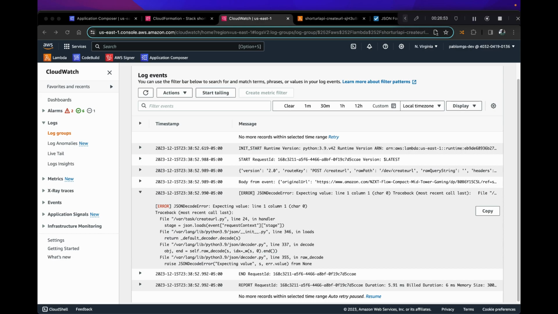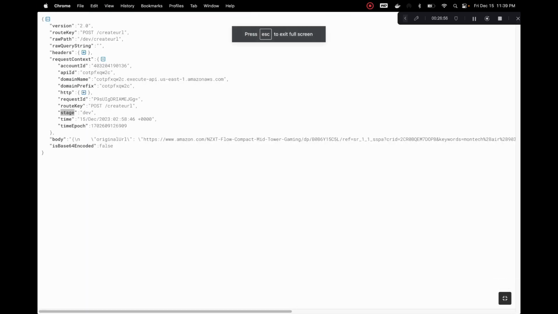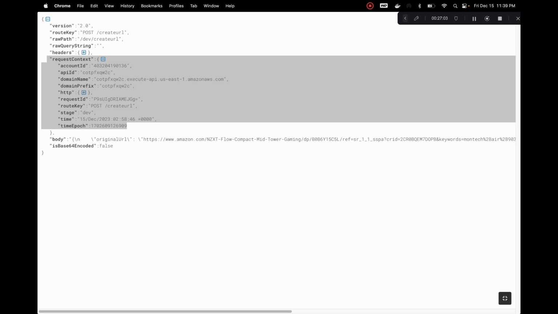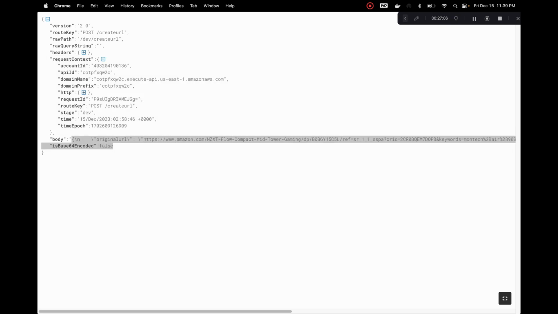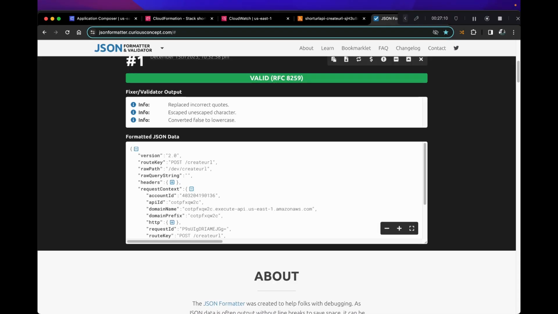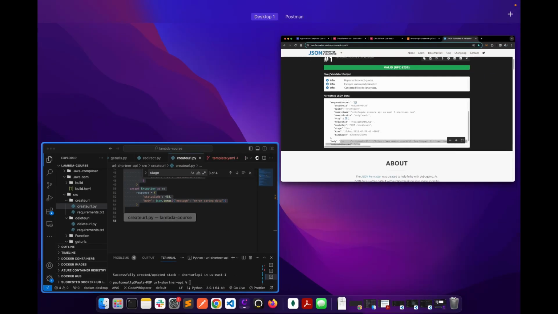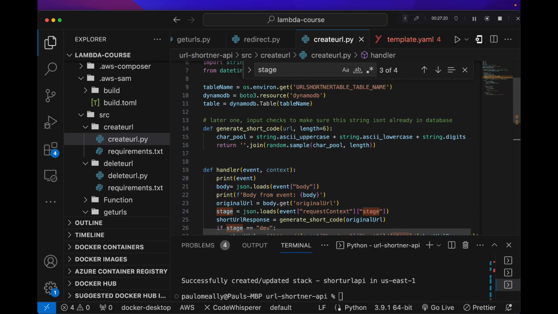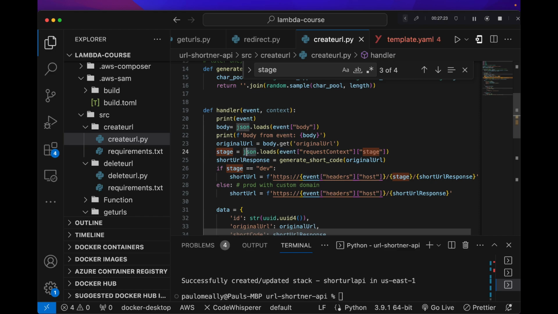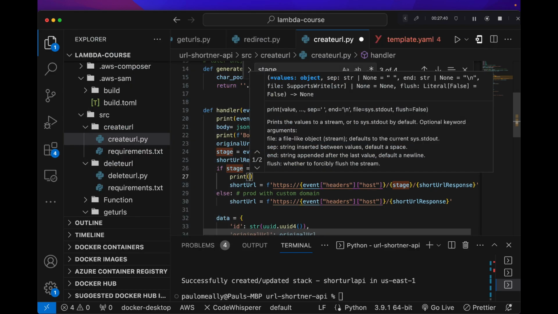So if we look back at our JSON structure and we look at request context, we can see that this is actually a dictionary already, versus when we got the body, we had to do the decoding with JSON.loads. So we're probably trying to change our JSON structure into JSON again, or into a Python dictionary. So let's actually update our code, since we no longer need to do a JSON.loads. So we should just be able to get the event, since this is already a JSON like this. And that should be all we need, and we can probably maybe print